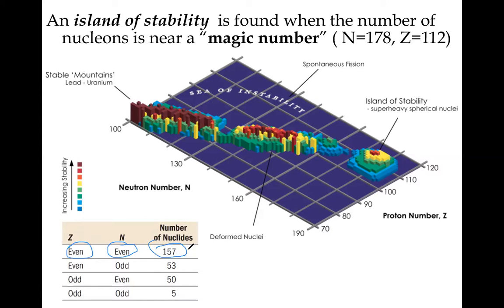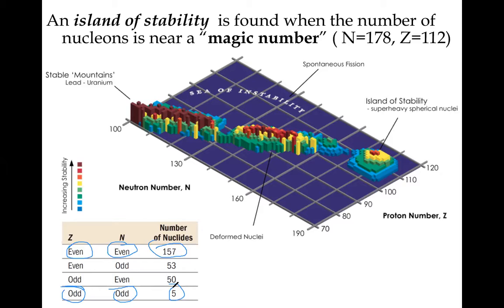Okay, so that's the number of stable nuclides. So by far, the most favorable configuration is to have even protons and even neutrons. Whereas if you have a nucleus that has an odd number of protons and an odd number of neutrons, you're going to have much fewer